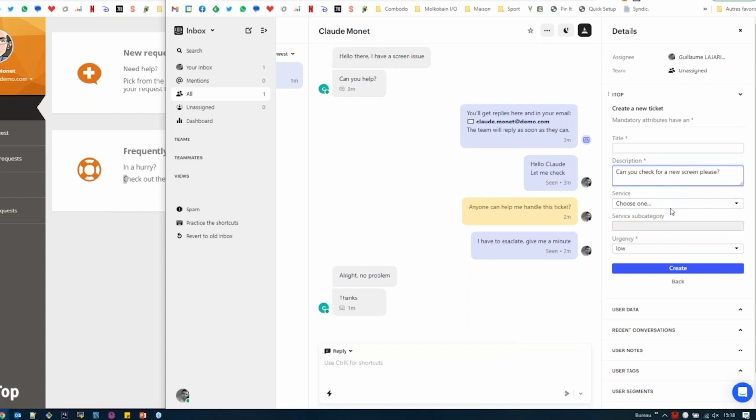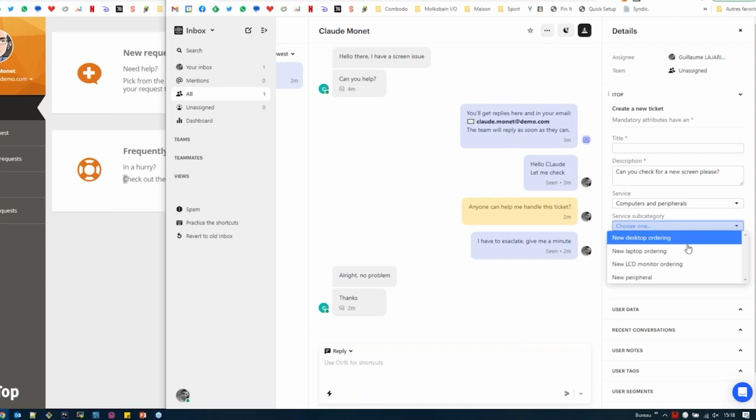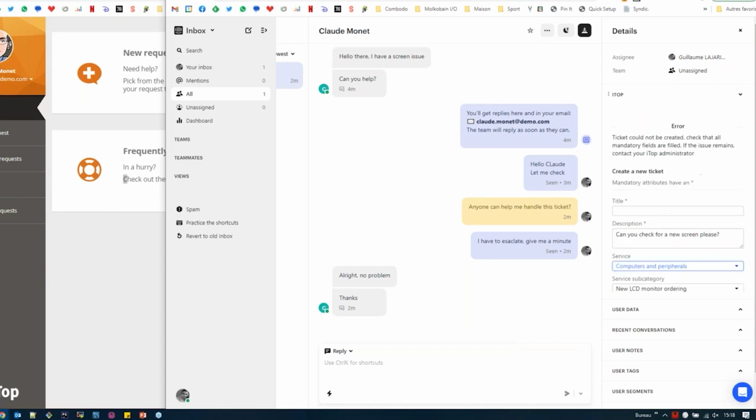As you know, in the default data model, when you want to create a ticket, you cannot choose a subcategory if you have not chosen the service before. So let's do that. Computer, and as you can see, the field is refreshing, and now I can choose the corresponding subcategory. If I submit the ticket as is, you will see that I have an error because the title